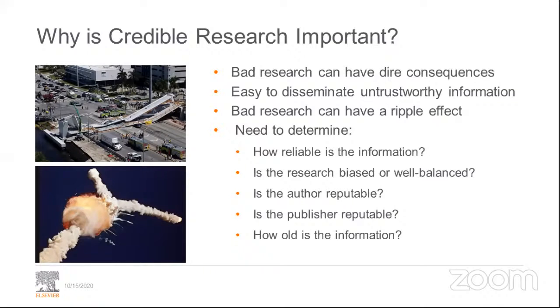You have to determine if the author is reputable or not, if the publisher itself is reputable or not. We just talked about the peer review process, and you have to know that some publishers are not reputable. They get to publish papers, like we call them predatory journals. They publish papers with misleading information or misinformation or opinions or some bad data,